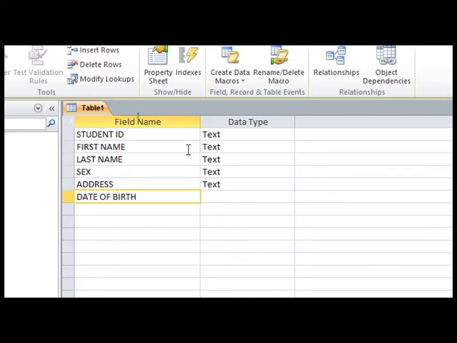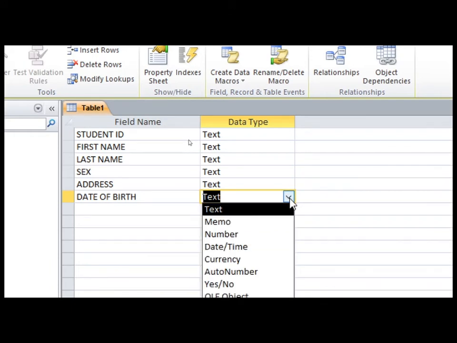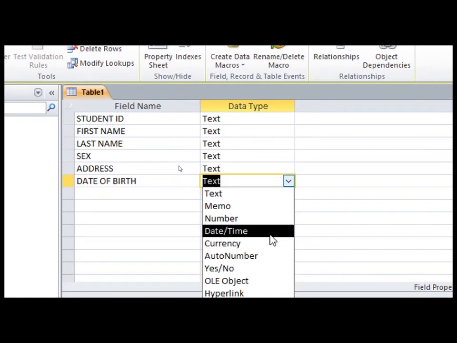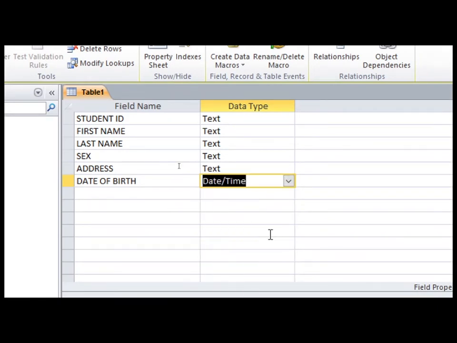For Date of Birth I use Date and Time, because anytime they talk of date of birth in a Microsoft Access database table, they always use Date and Time, since it is a date I put under this field name. To choose Date and Time, you click this drop-down arrow, look for the Date and Time option, and click it. Then you come back to the next row and type, let's say,